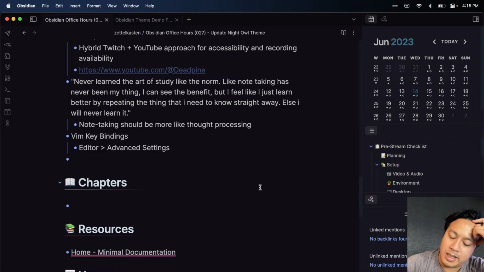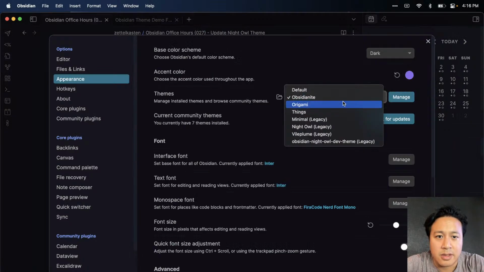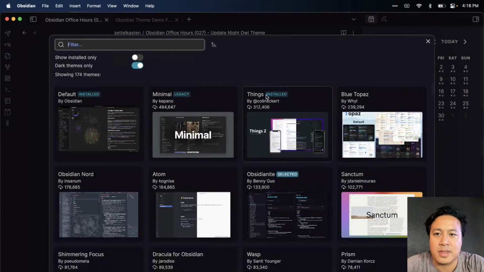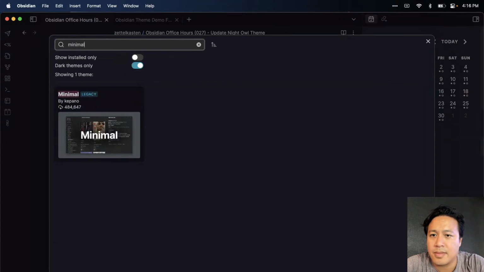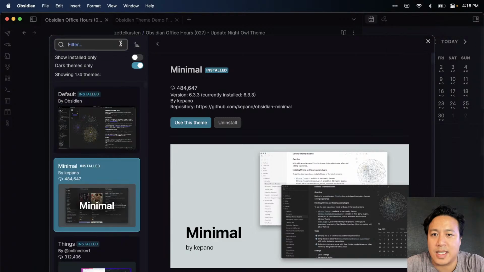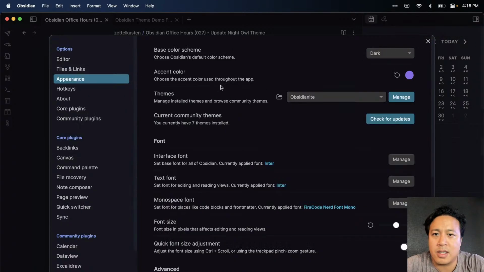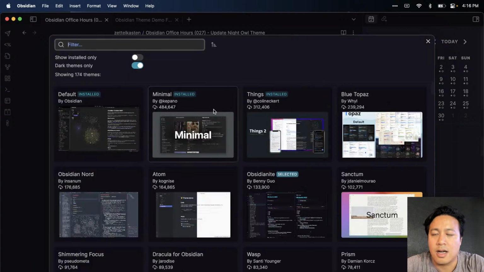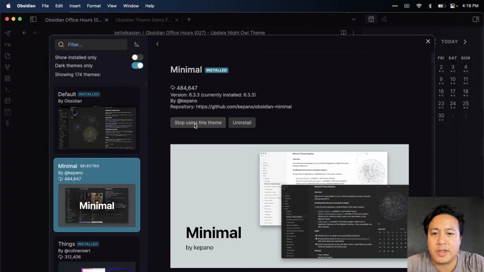Then this would mean that right now I'm using Obsidianite. So let's actually see. If we go to use, well, here's the thing though. Why is minimal in, yeah, it's funny. Minimal is actually, update. Let me do that. Okay, now that I've updated it, does this mean that minimal is no longer legacy? Okay, so minimal is up to date. This is the highest one. Okay, this is great. So if I use this theme,